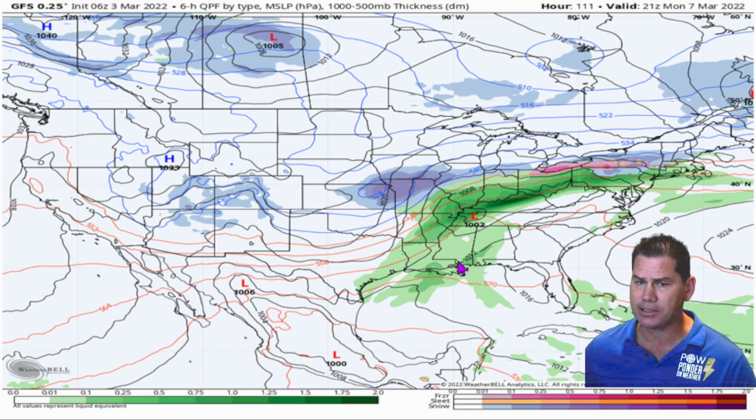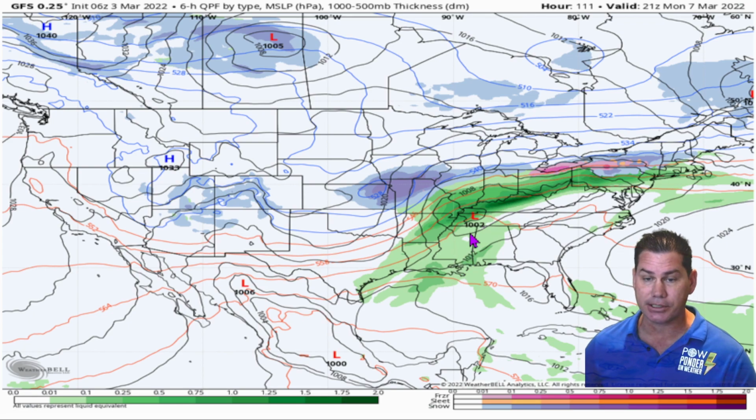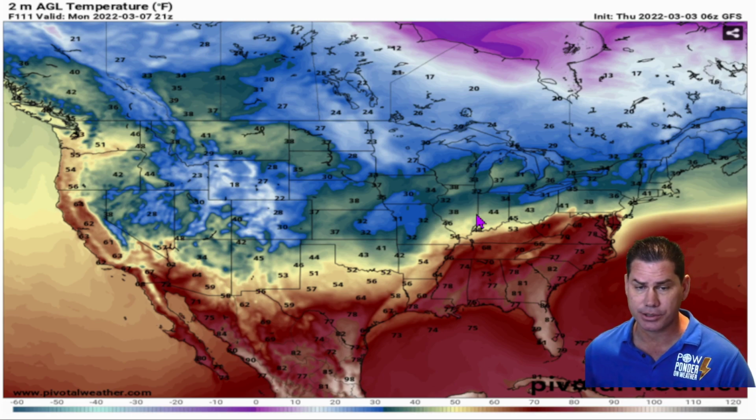Those could actually be severe as well. It's just we're a couple days off from this particular setup, but I do feel that severe threat will continue to shift further off into the east, and we'll have to be dealing with some of those stronger severe thunderstorms by then. But here's the initial blast of the colder temperatures,